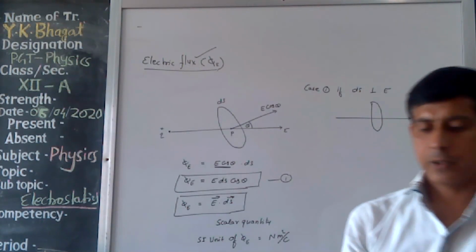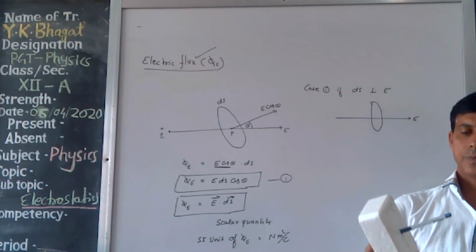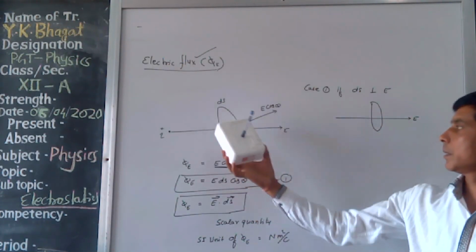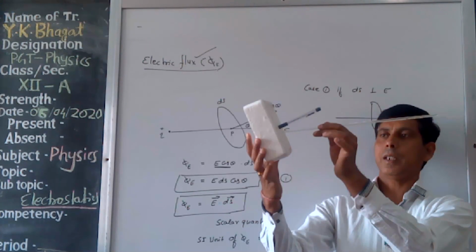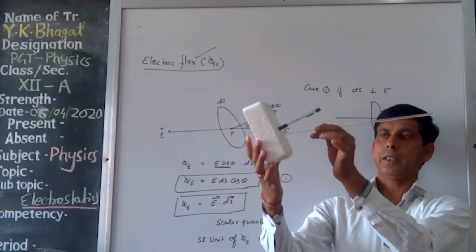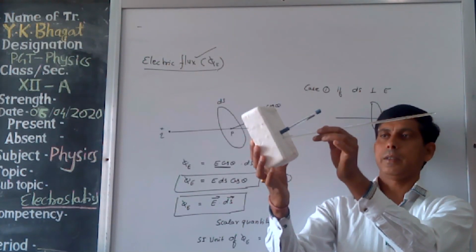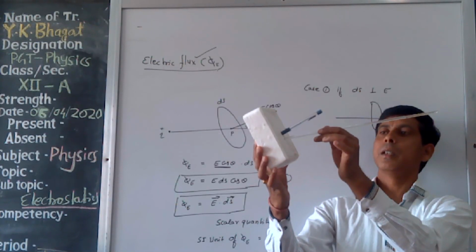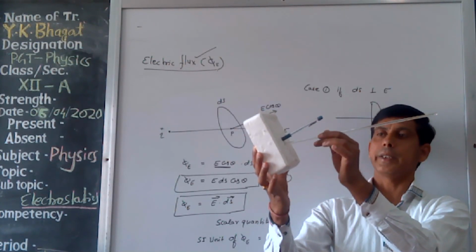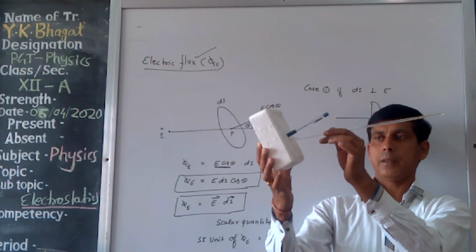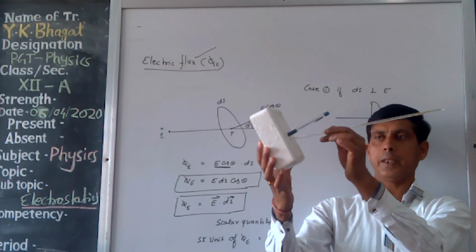In the present situation, the glass rod shows the direction of intensity and this pen represents the direction of area, that means the normal of area. But when this area is placed perpendicular,